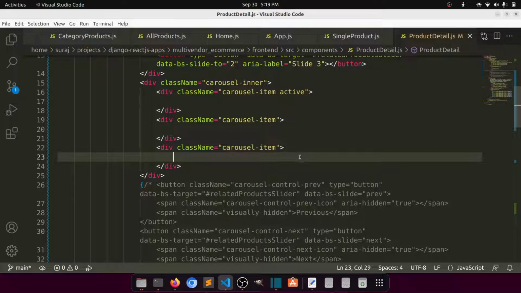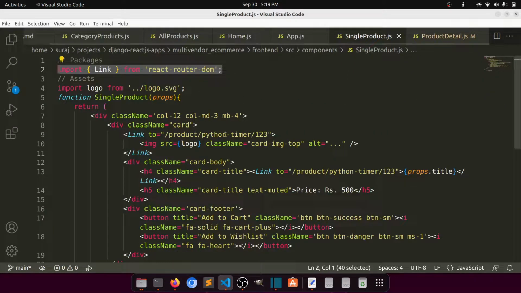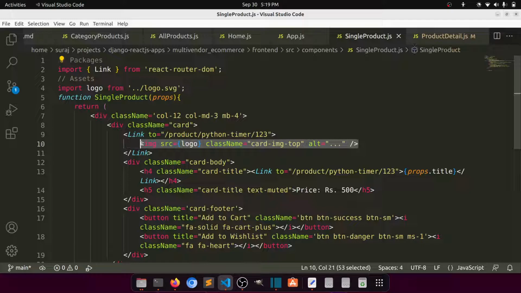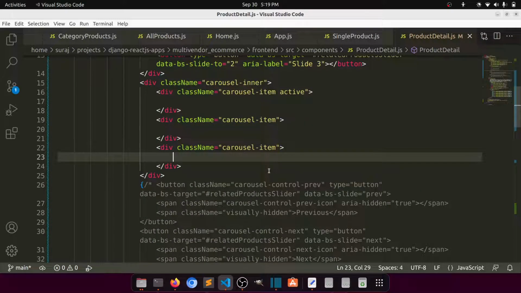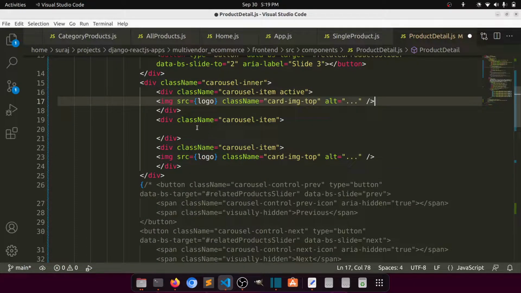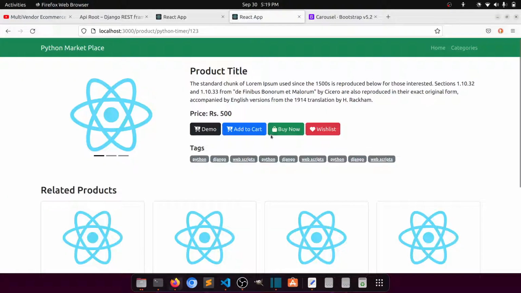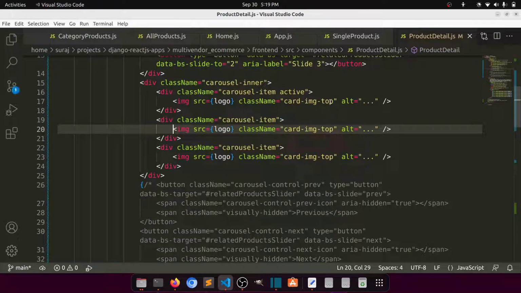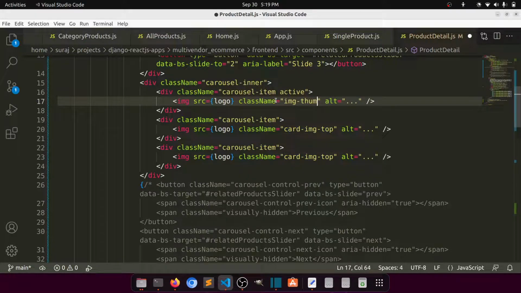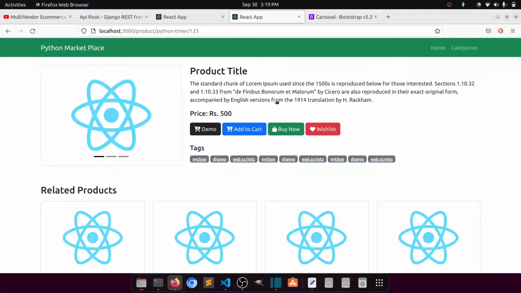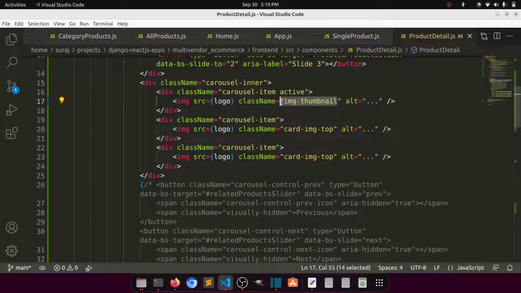Actually we just need the logo, right? So we'll copy this and paste it here, right? So we will paste it here. Okay, so let's see. So here you can see that, right? And we will give here image thumbnail, okay, and copy this, paste here,